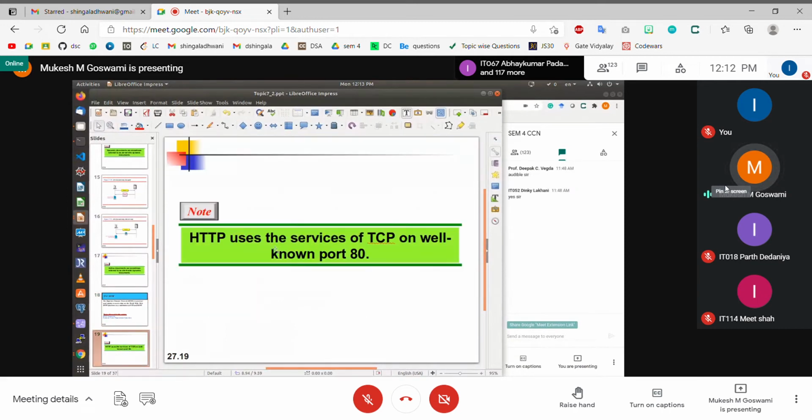So HTTP uses the service of TCP. HTTP is implemented using the TCP protocol. Why is it TCP? Because the web request that you are making sometimes could be very lengthy, because you will also be passing certain parameters. You will be uploading files. So the size of the HTTP request can be much bigger, more than 512 bytes. When you are uploading an image, or maybe a video file, the size of the request could be very large. Therefore, since the size of the document is very large, the UDP protocol is not suitable.